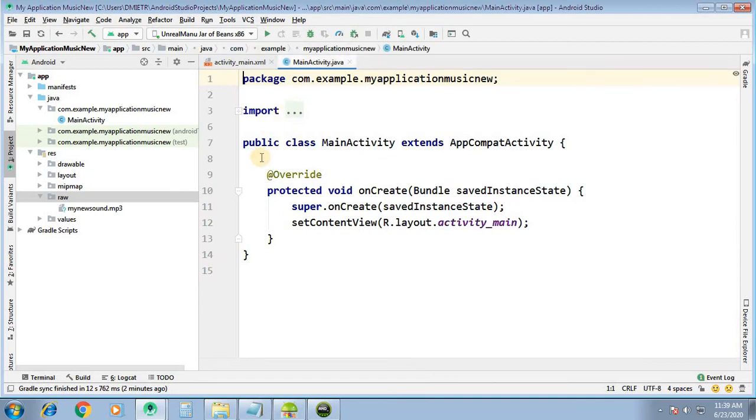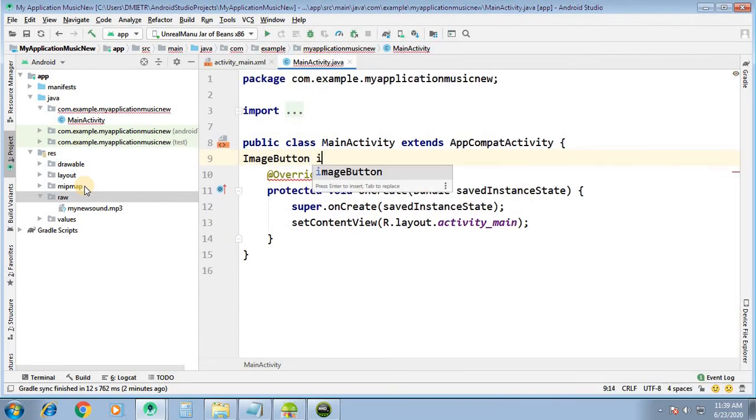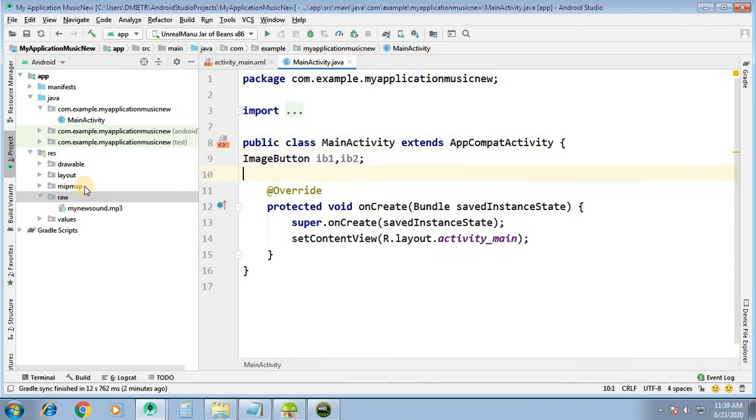Now in the main activity we have two image buttons, IB1 for play and IB2 for pause, and we have the media player. So we will initialize them here.